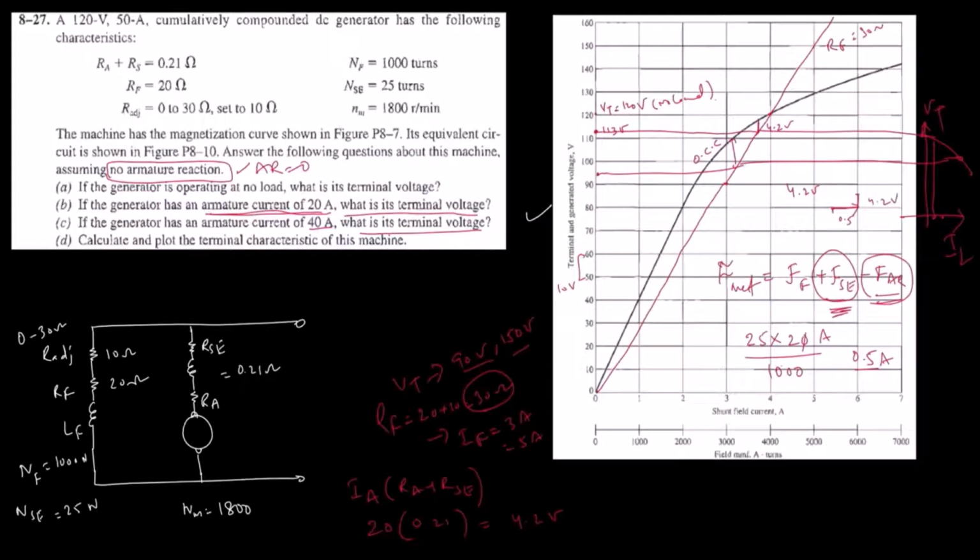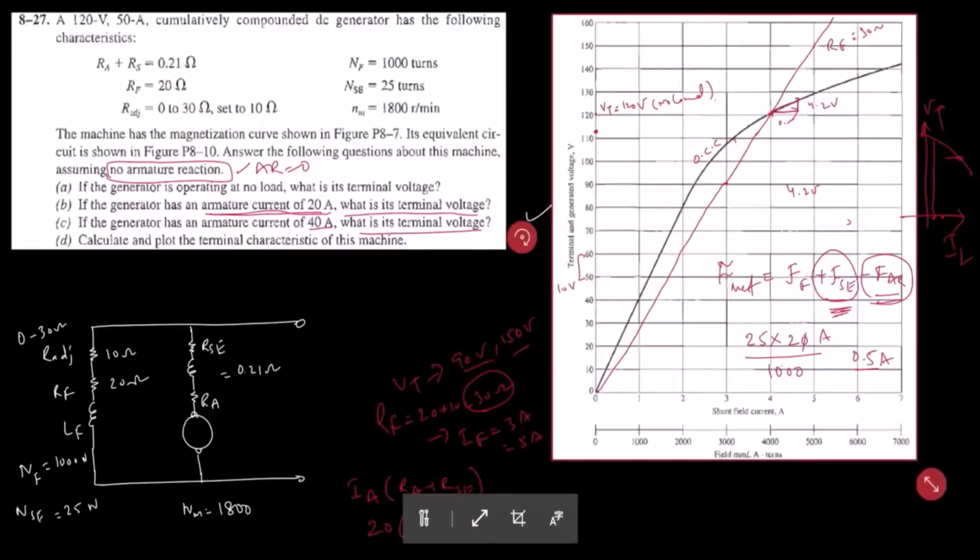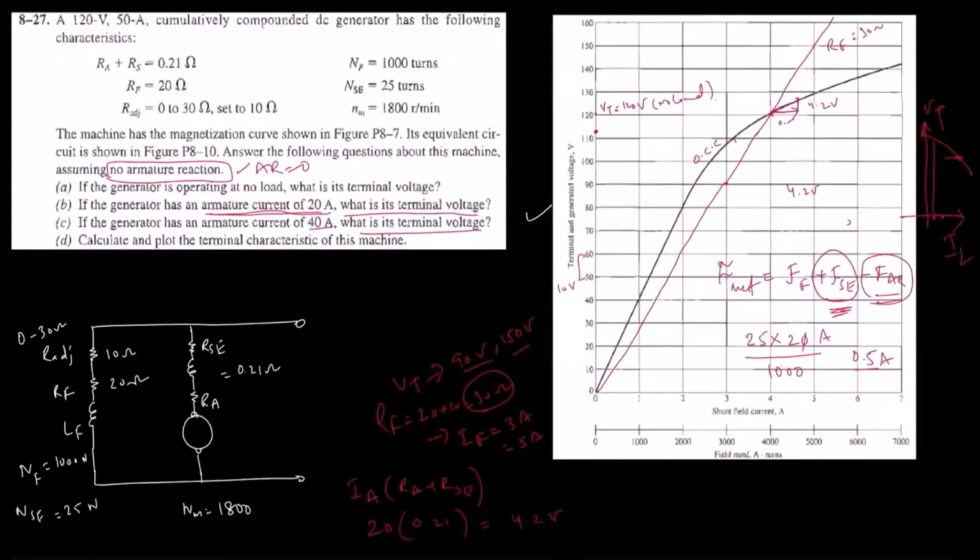4.2 volts. Then now I get this triangle, and now move this 4.2 triangle such that it touches the OCC, and so it is touching the RF line and the OCC, right? Like this. Now in this case I will be having the terminal voltage above the no load voltage. Terminal voltage is above the no load voltage, right?